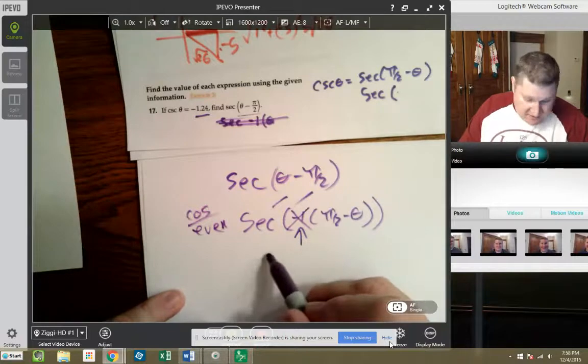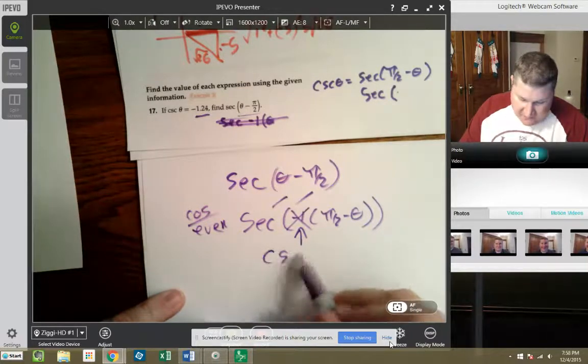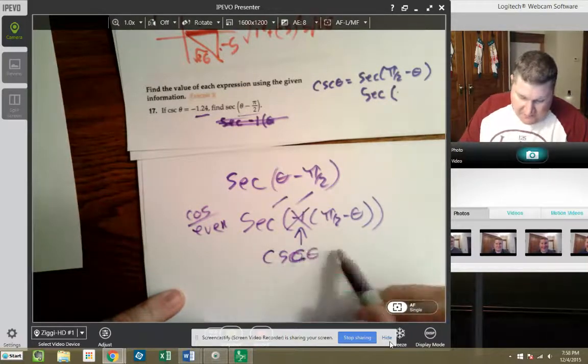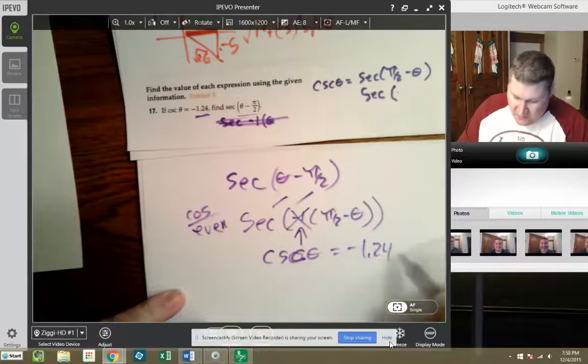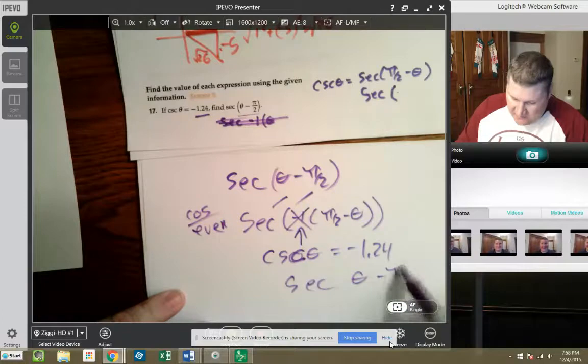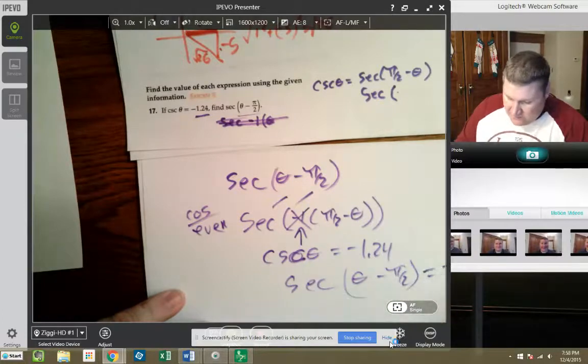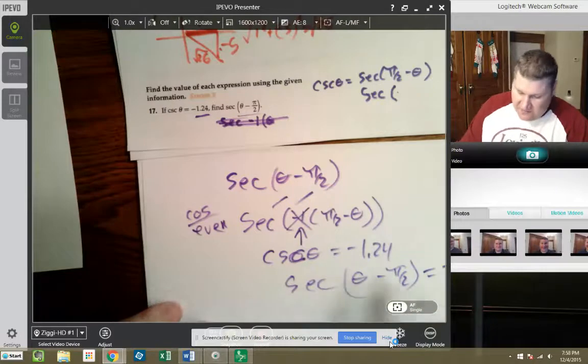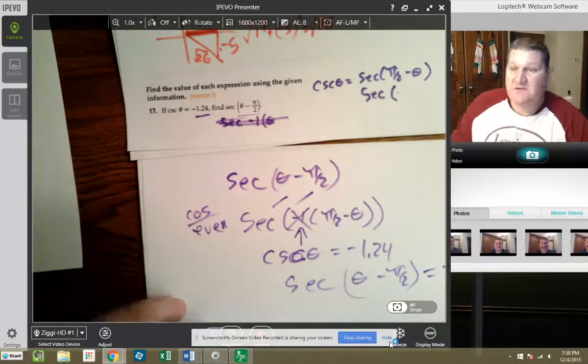So I can say that if cosecant of theta equals negative 1.24, then the secant of theta minus pi over 2 is also negative 1.24. These are the same because the negative went away. If, on the other hand,